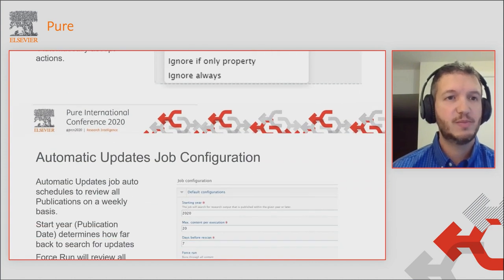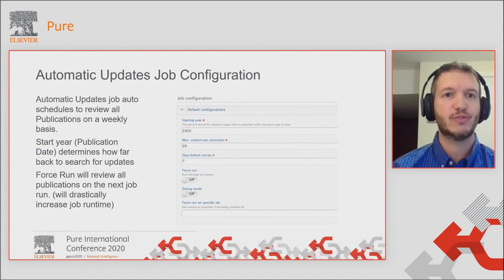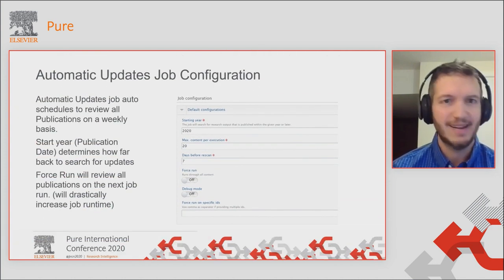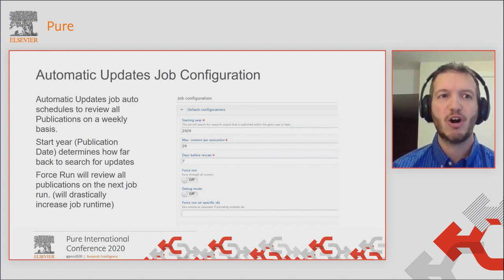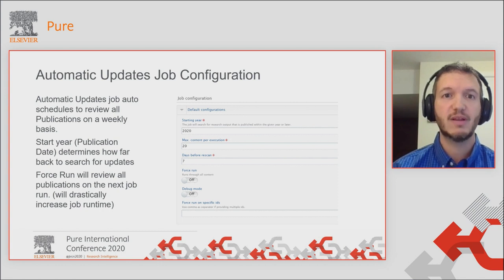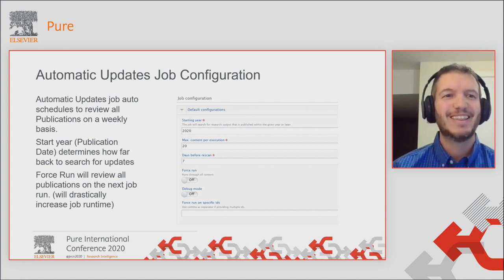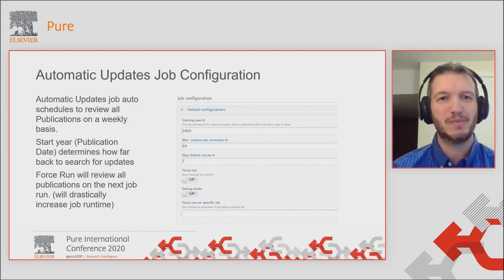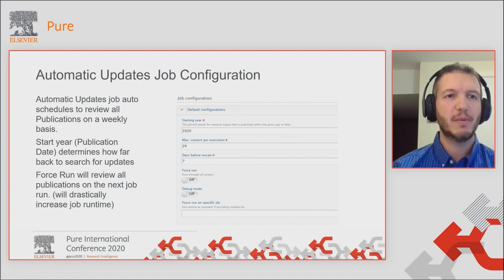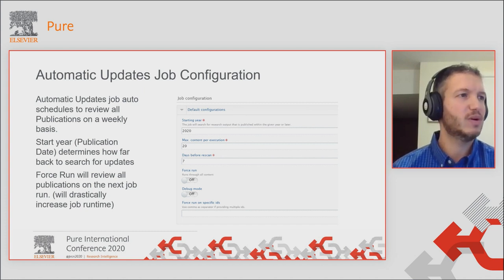So, how does Pure know when to search for available updates? All right, there's a cron job which harvests the updates from online sources, and it's called Available Updates from Online Sources. Very unique. The job can be configured to review updates for research output published for a certain year. So what this means is,